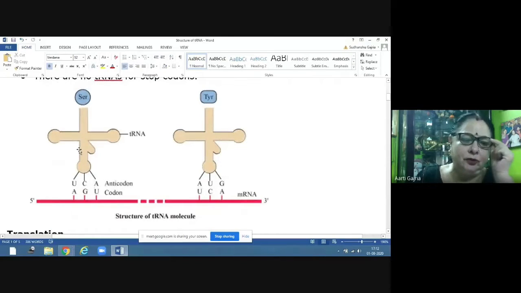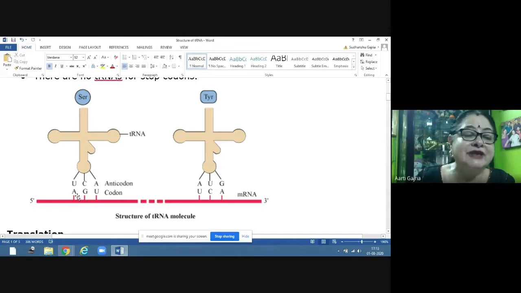Just see this. This is transfer RNA. The structure, if you see, is like a clover leaf and an inverted L. One end is this, and this is called the anticodon loop. And the other end is this, where it is taking the amino acid. So here it is taking the required amino acid, and here you will find the anticodon. Why anticodon? It means opposite to the codon. This is the messenger RNA.